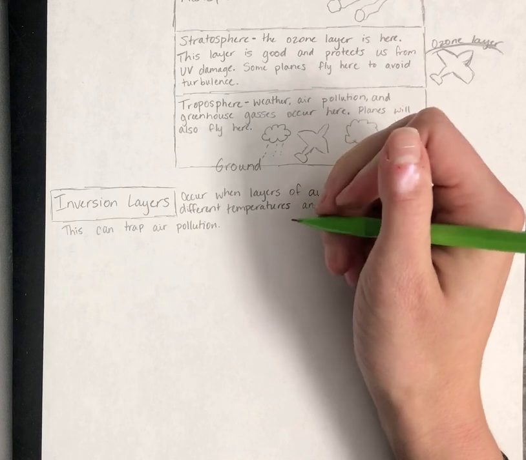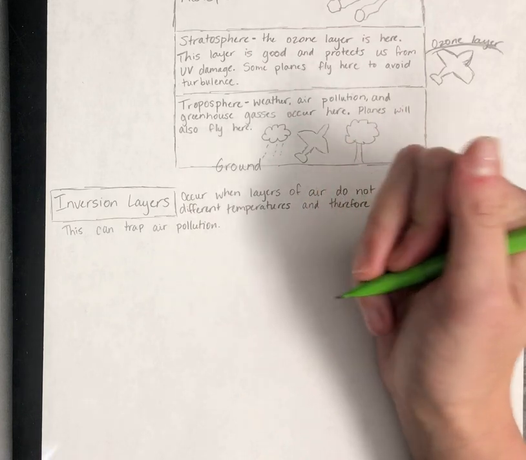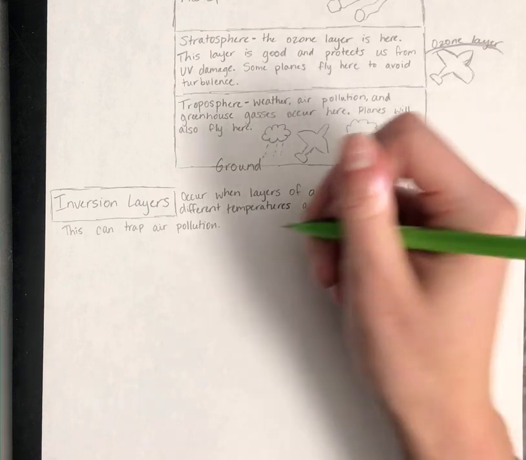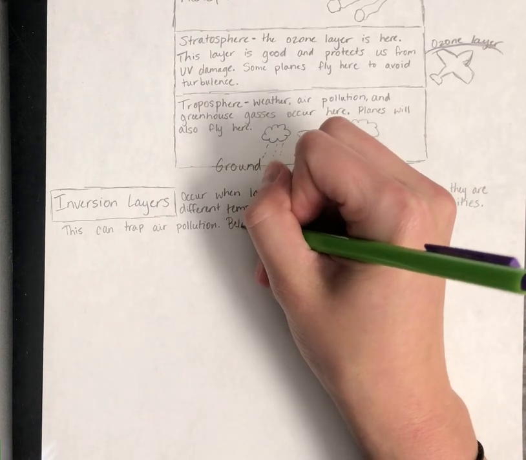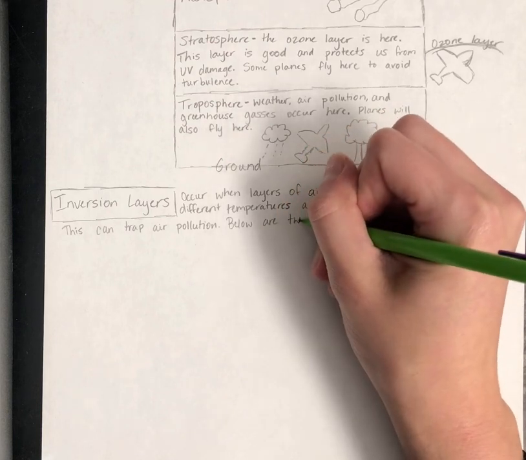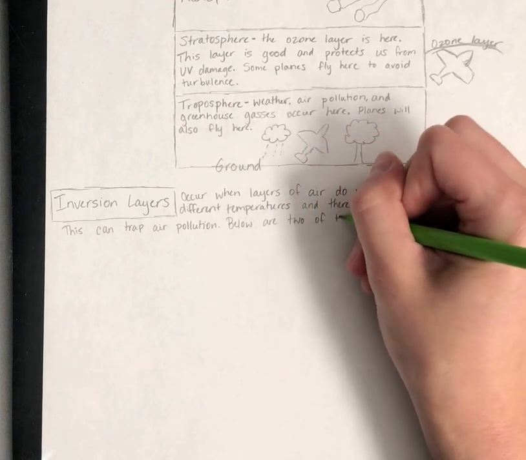Okay, and then underneath here, we're going to draw 2 of the many ways that this can happen. So we'll write below, are 2 of the